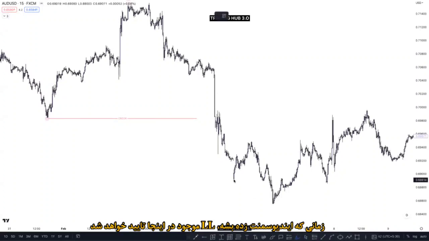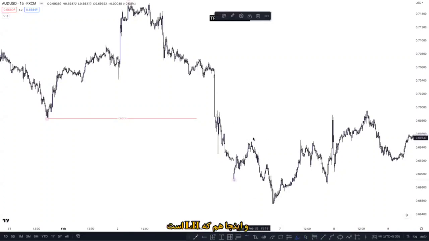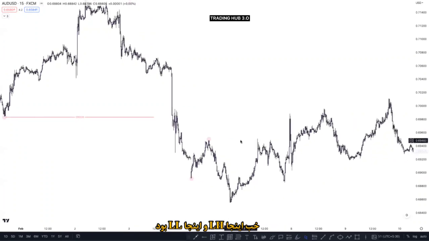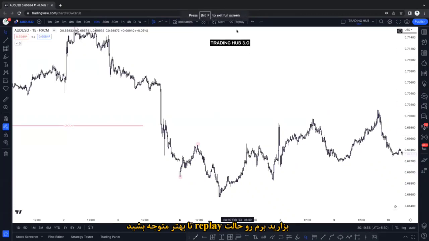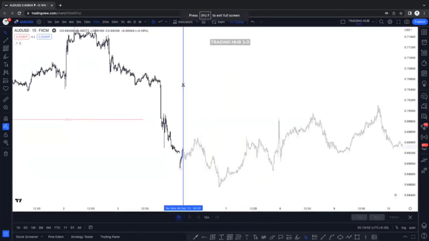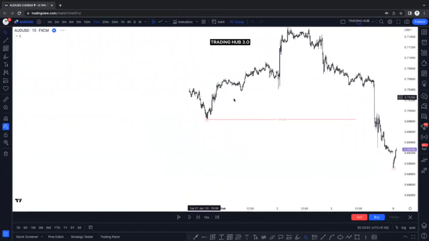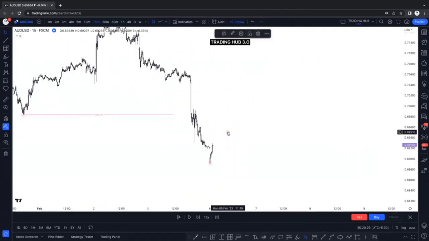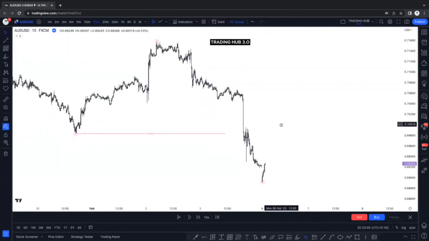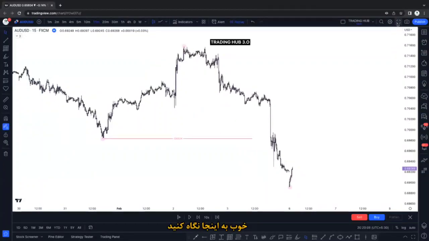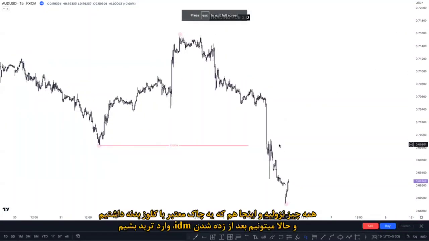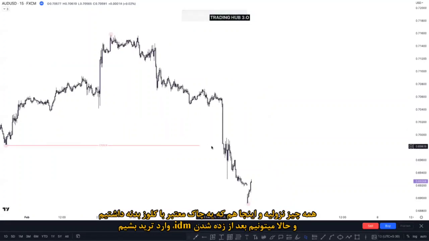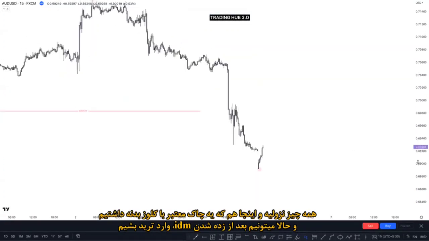Once the market has taken out the inducement, our lower low is confirmed here. So where is our lower low? Right here, right? And this becomes our lower high, and this becomes our lower low. Okay. Let me show you through bar replay, then you can understand better. Now look at this picture here, right? Everything is bearish. Change of character is here, candle closes here, and we can take entry after